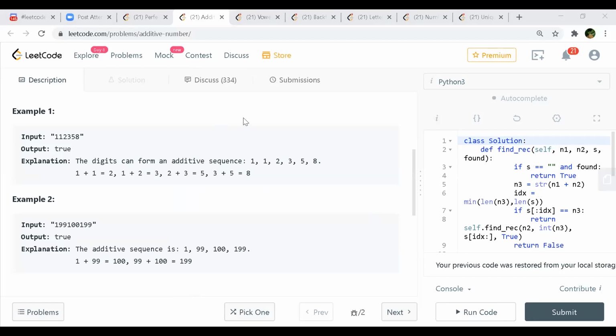So what if we come from the backward? Like we take the last character as a number and see if it is a sum of the previous two elements. If it won't, so we can take 2 digits and see whether the previous two and the previous of previous two can sum up to this number.